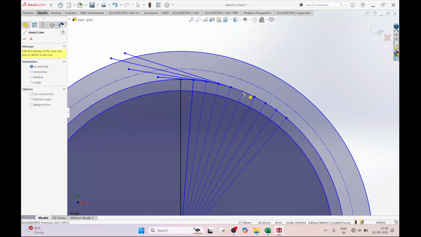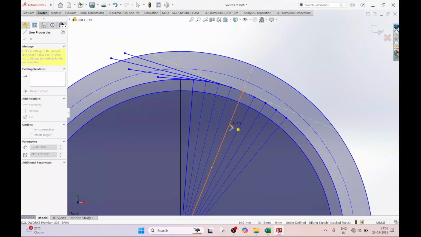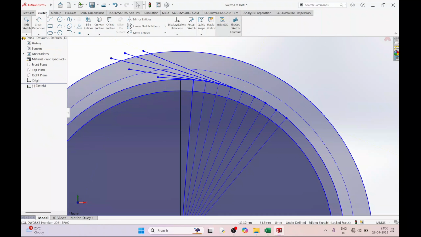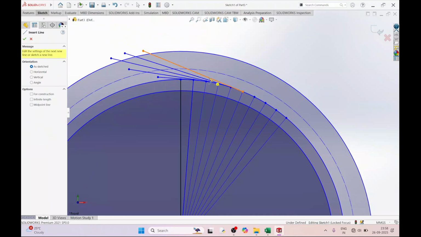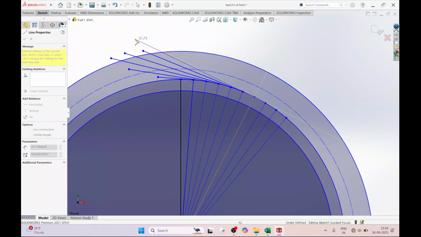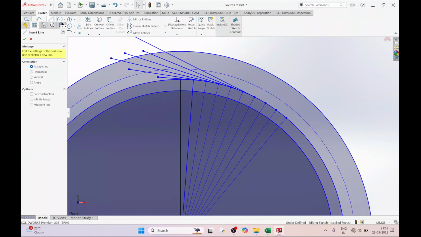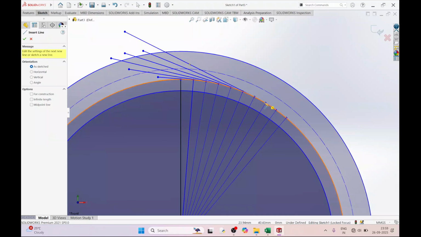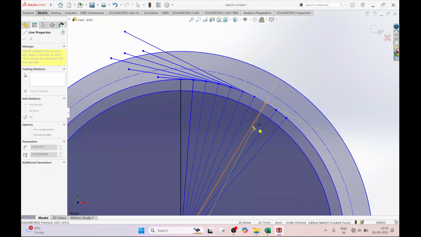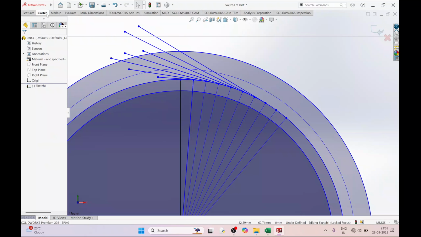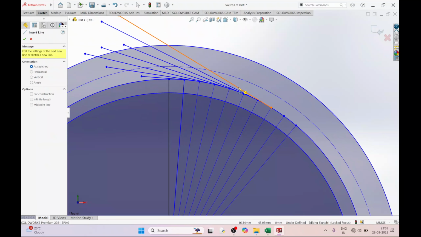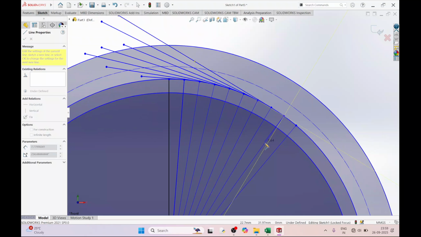Fourth is completed, and come to the fifth point and identify this point. Now draw a sketch line from this point to this point. Okay, done. Next line from this point to this, so select this one, and again draw a line. This one is completed, from this point to